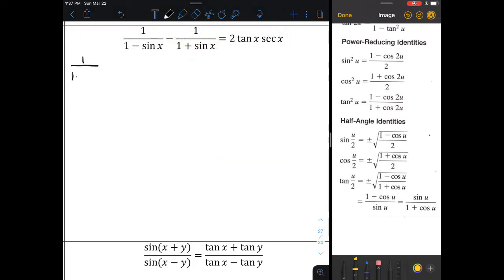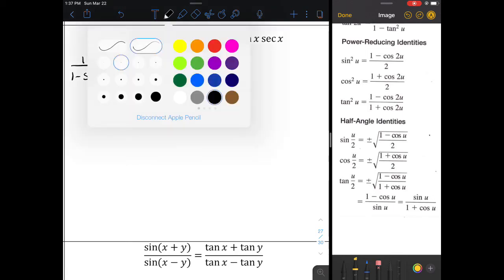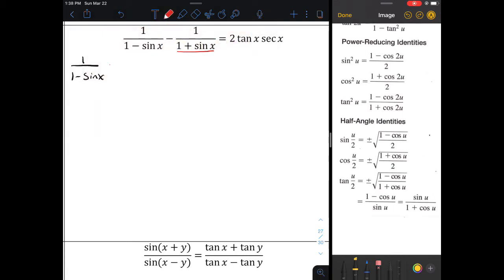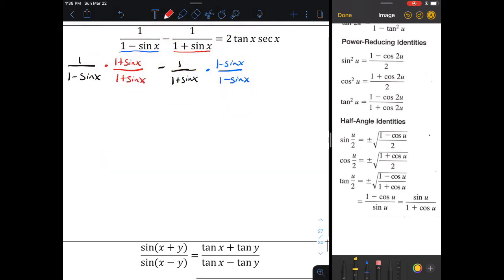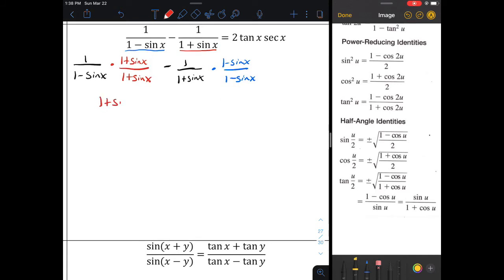All right, so we have 1 over 1 minus sine of x. It's going to have to get multiplied by the denominator on the right-hand side, so times 1 plus sine x over 1 plus sine x. And the fraction on the right-hand side is going to have to get multiplied by the denominator of the fraction on the left. So it's going to get multiplied by 1 minus sine x over 1 minus sine x. So that way I can put these things together. And when I do that, I'm going to have 1 plus sine of x